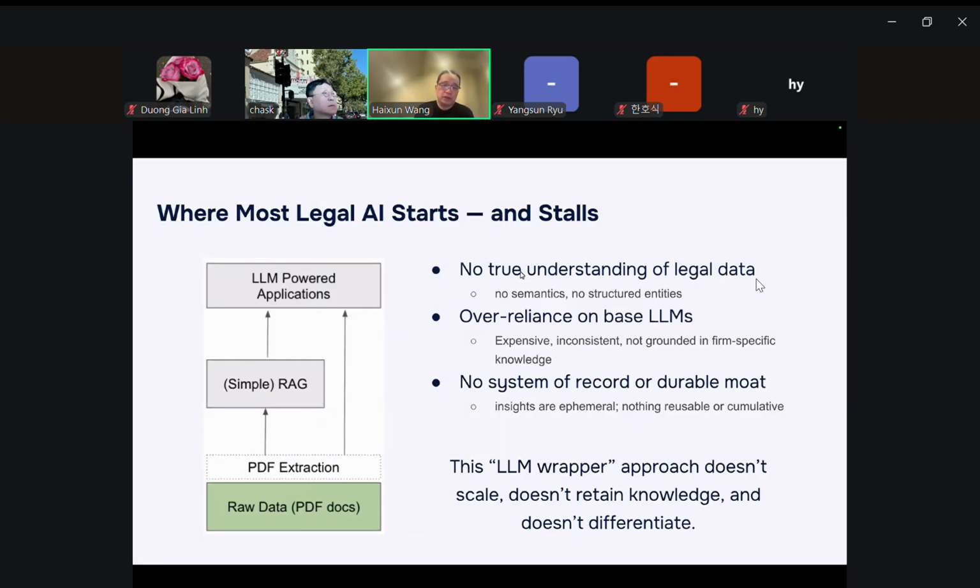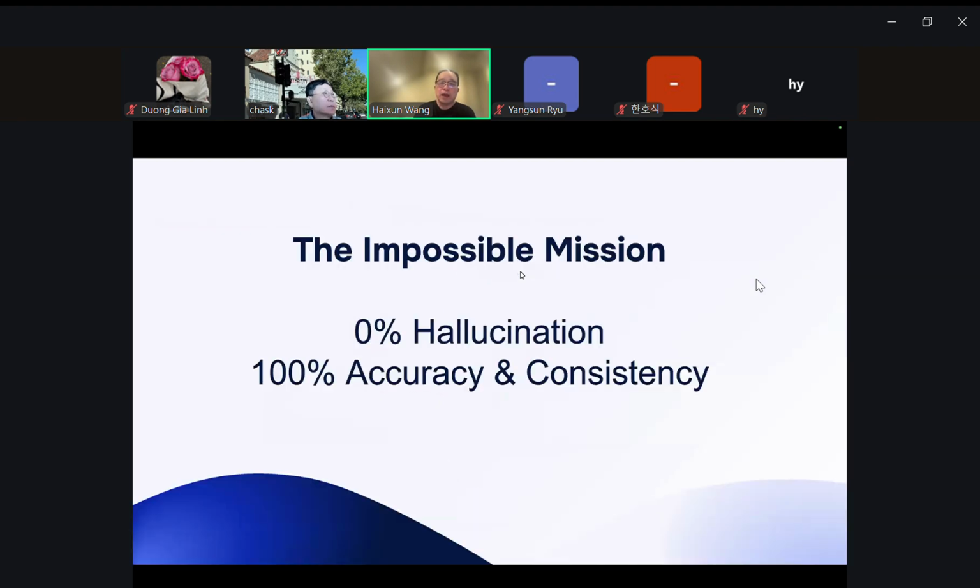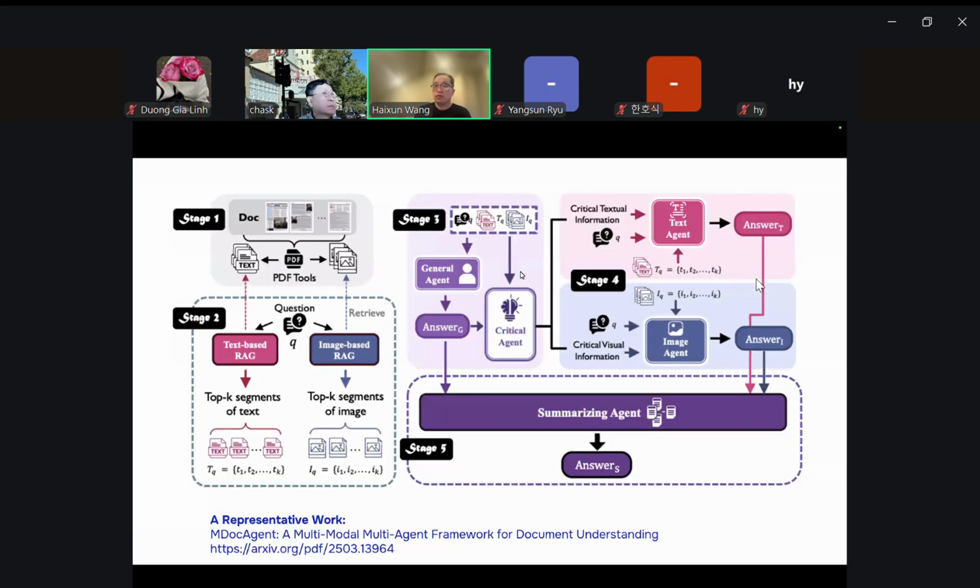I mentioned this slide previously: people have built large language model wrappers to simply handle chunks of text and answer these questions. Of course, this is really very primitive, and there are a lot of questions it cannot answer very well. There are more sophisticated solutions, for example, this one.